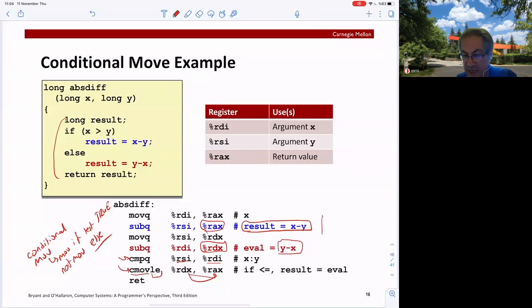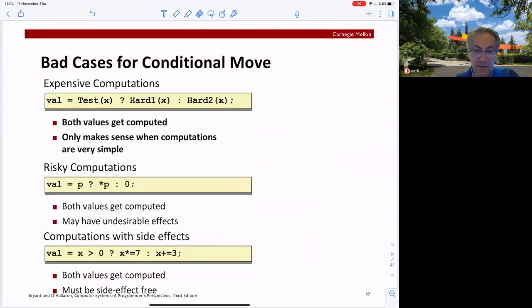So this is a case where I have basically no disruptions in my execution flow. Note that this is not good for all conditional moves. For example, if you have an expensive condition where the then part and the else part are all very expensive, then it doesn't make sense, because you're doing quite a lot of work here. So the compiler tries to guess which one is hard and which one is easy, and